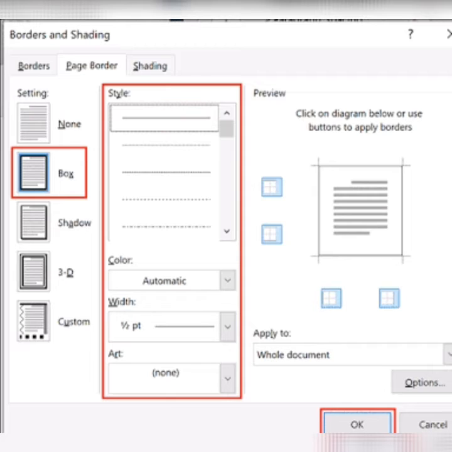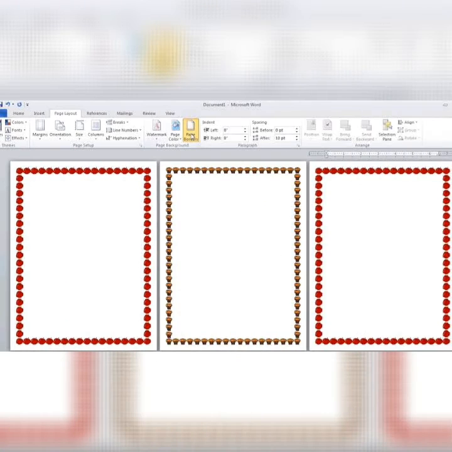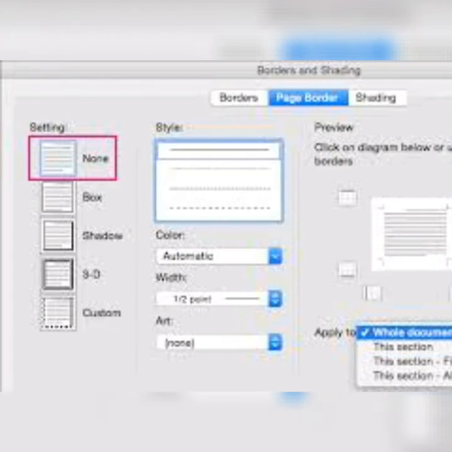Now you can draw a colorful border also. To do the colorful border, you have to click on the Art option over there. Okay, when you click on the Art option, you will find a variety of border styles present over there. Choose any one of the border styles. Now you can see the example on your screen over there. Okay, so choose any one of the animations or any of the pictures, and that will be added as a page border to your document.